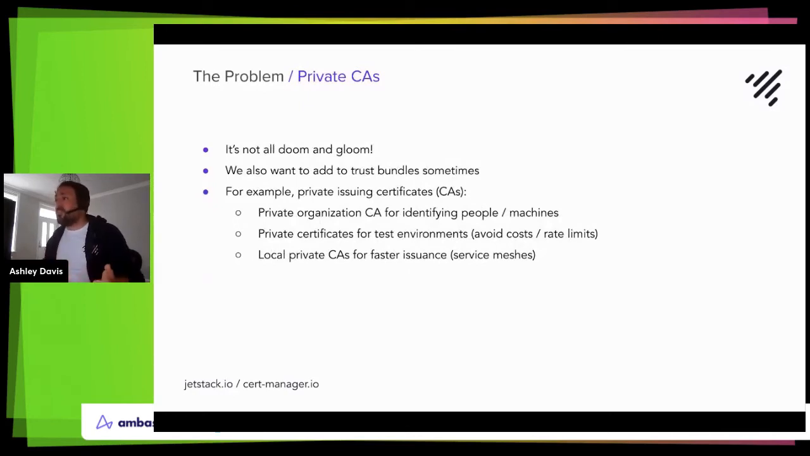That said, I don't want to be all doom and gloom about this, right? It doesn't have to be that there's a compromise. Sometimes we want to change trust bundles completely normally. So a lot of organizations will run their own issuing CAs. That's fairly common. That might identify people or machines or be used in test environments or whatever. You commonly see this with service meshes like Istio and Linkerd, people running their own CAs for that, because you want them local for fast issuance and for other reasons for control as well. So we might want to trust that private CA. And so we have the same problem of how do we get that out to all of our pods and